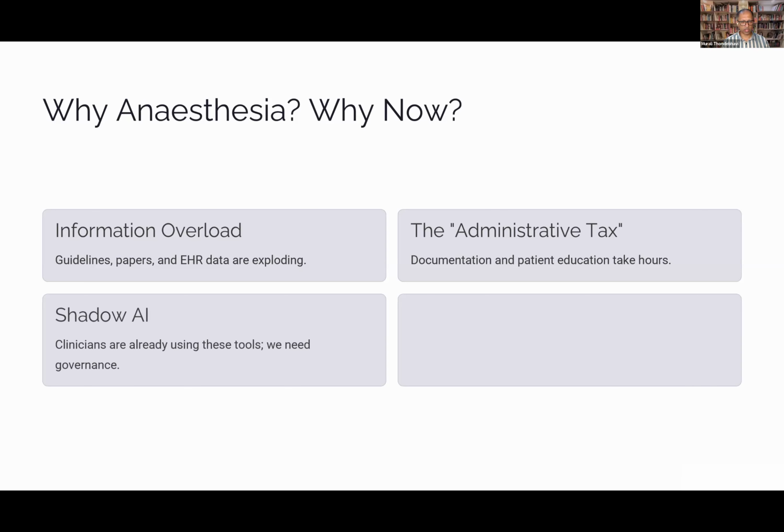A little bit about shadow AI. Clinicians are already using these tools, but we need a little bit of governance. We need to know how to structure it in a nice way with policy and other things. And of course, the opportunity, right? There is plenty of AI available all around us, LLMs which are everywhere. So we need to know how to use this for non-clinical tasks, therefore reducing friction, so we can give more time to our patients.